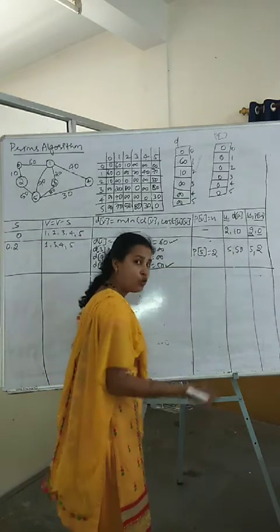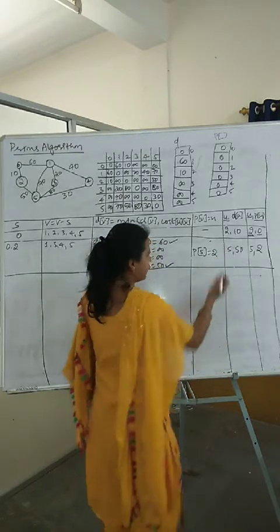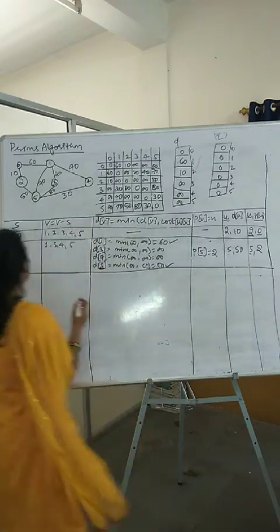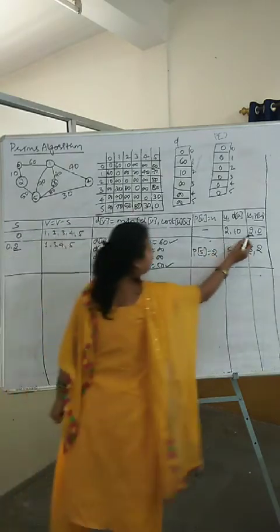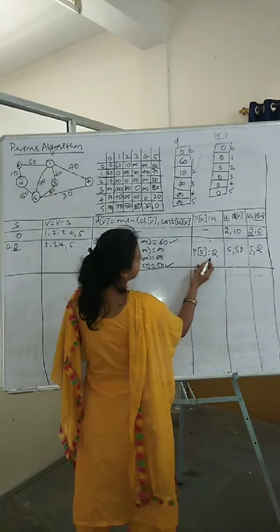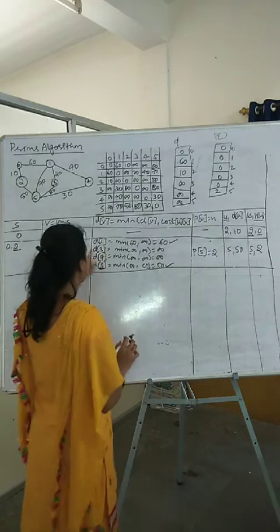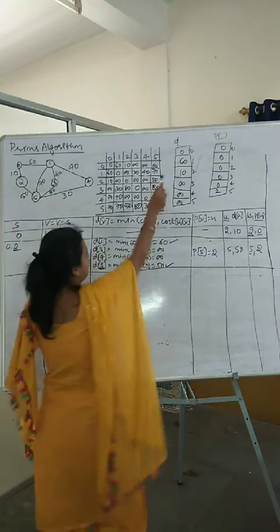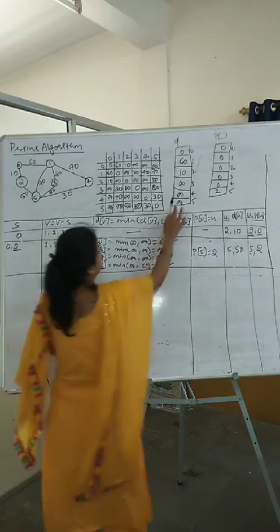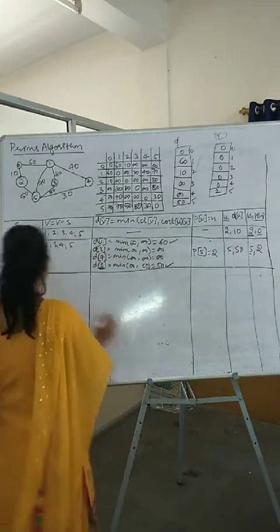What is the new value of u you have got? The latest value of u is 5. What was your previous path? From where have you come? From 2 you have come. So you are writing here 2. Now p of 5 is equal to 2 here. d of 1 is 60. 3, 4 are infinity only. d of 5 I am updating to 50. This will complete the second step.